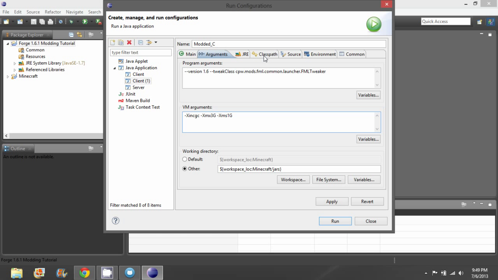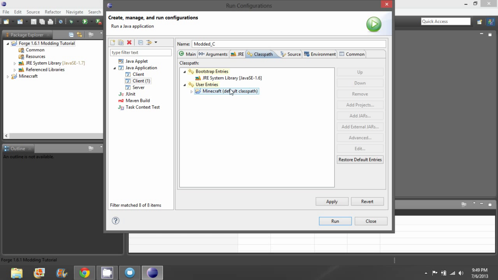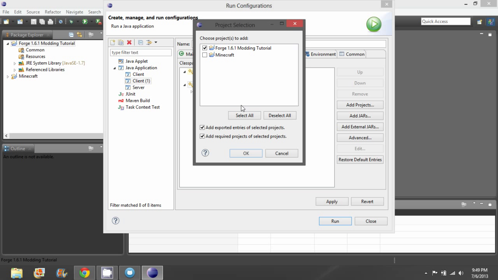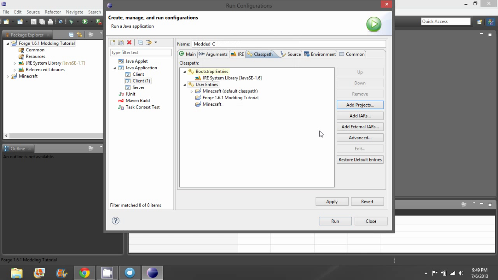And then in class path, you want to add projects and Forge modding tutorial, or whatever you named it anyways, and then delete this bottom Minecraft. And yeah, because we already have Minecraft up here. So then if I hit apply, I can close that.